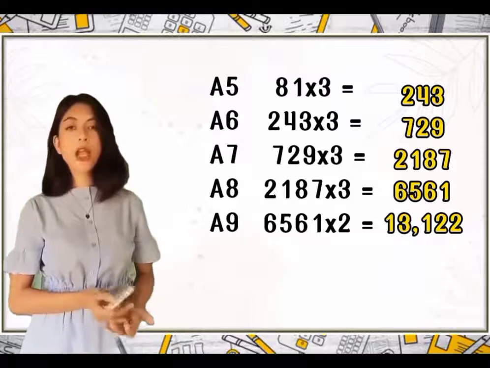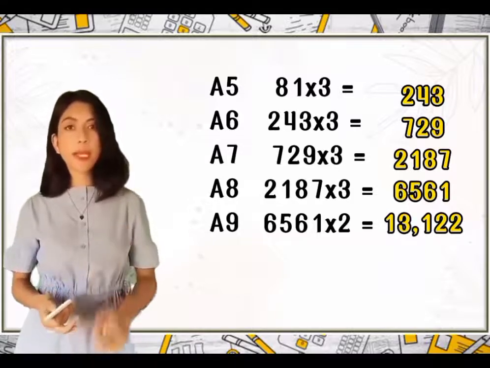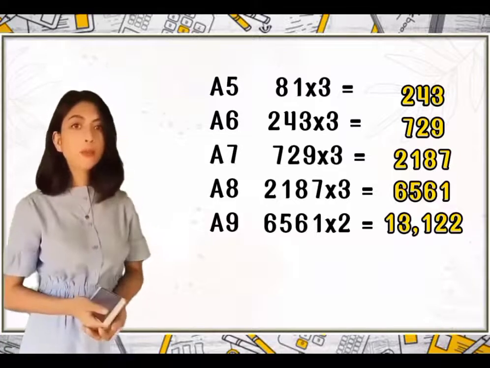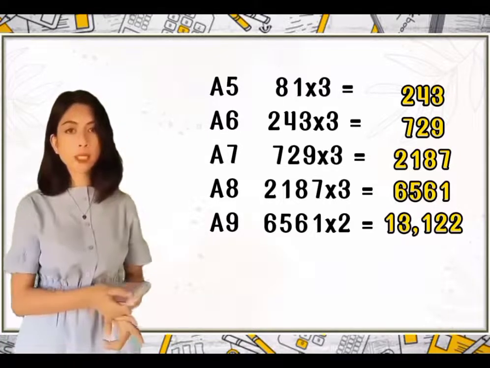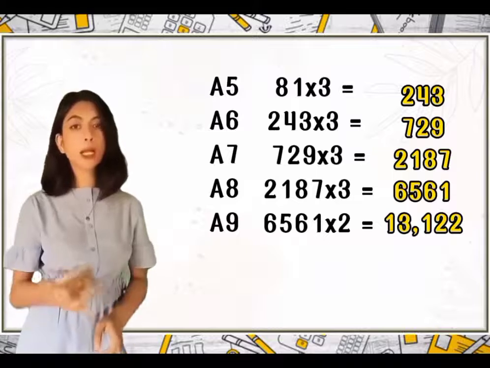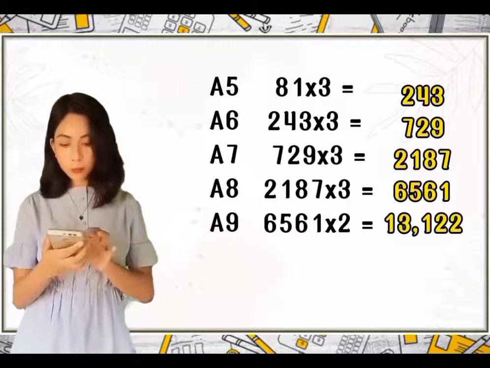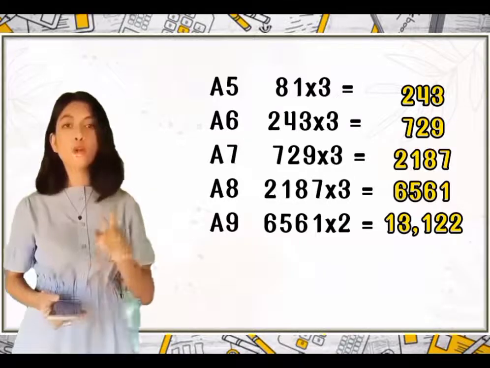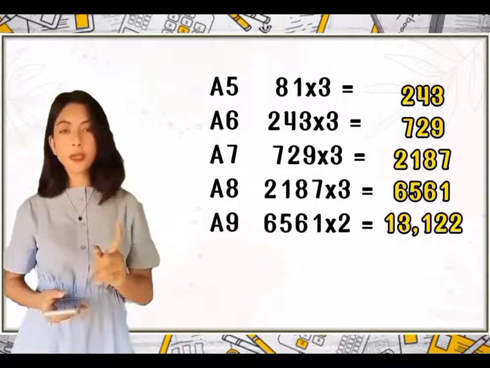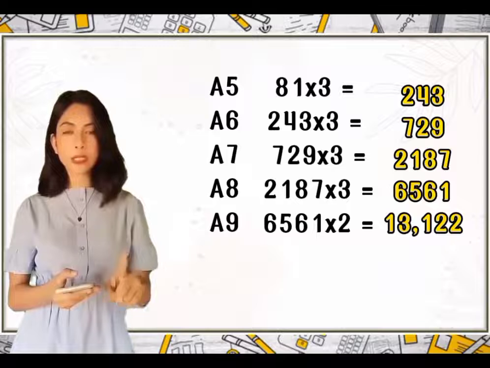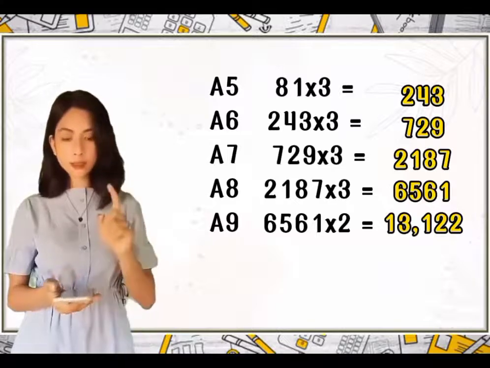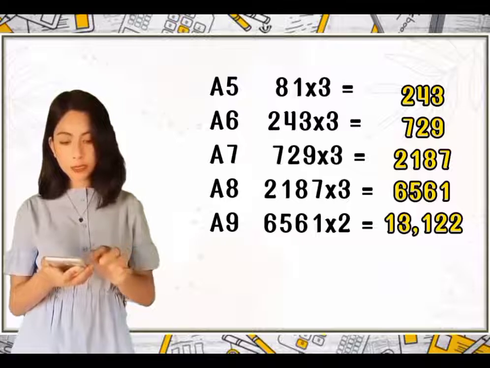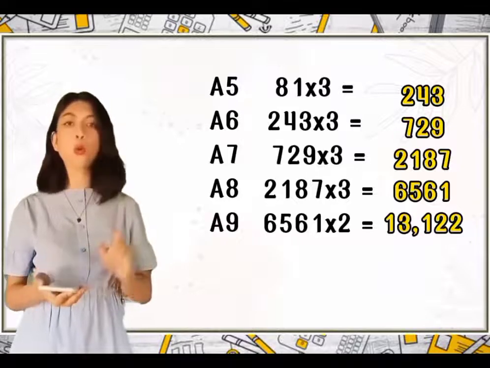I-multiply lang natin siya by 3. So, i-verify natin gamit ang calculator. Nasa 5th term na tayo, which is 162. I-times natin siya ng 3 para makuha ang 6th term. 162 times 3 is equals to 486. Siya ngayon si 6th term. So, 486, multiply natin ulit siya ng 3 para makuha ang 7th term. 486 times 3 is equals to